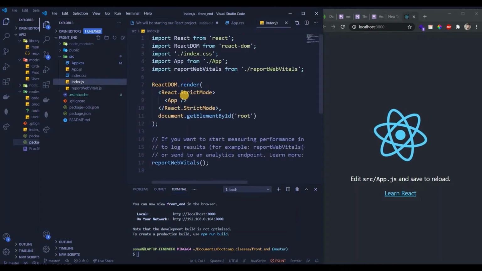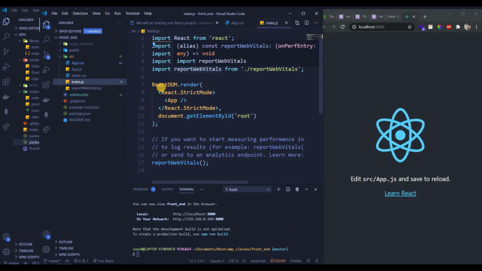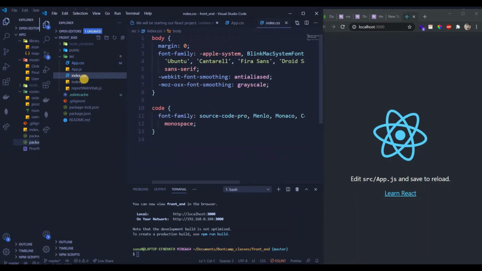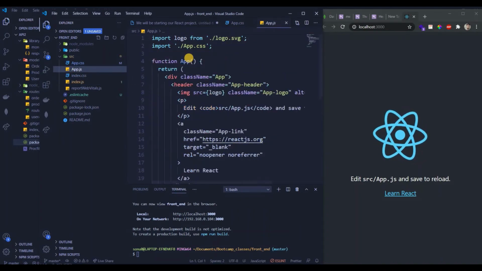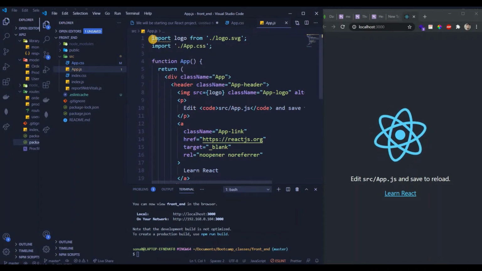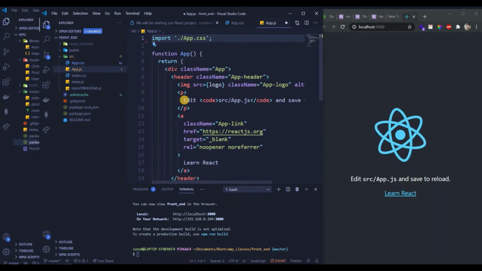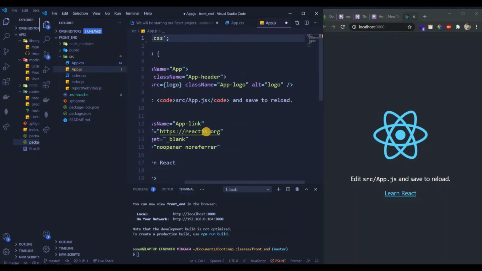And let's see what else is there here. Web Vitals, you can just have it if you want. Index.css, we'll see how to change this as well. Index.js looks fine, right? So let's go ahead and see in app.js. This logo is not here. We haven't imported any logo itself. Okay.